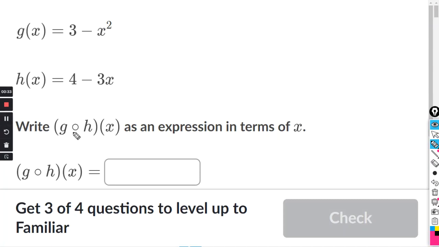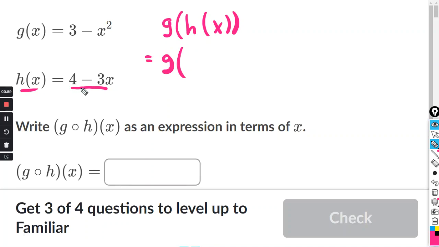So we're looking to find g of h of x. So that would be like so, g of h of x. All right. So we have h of x. We can plug in 4 minus 3x in place of h of x. So that's going to be g of, and h of x is 4 minus 3x. Okay. And in order to evaluate g of 4 minus 3x, what you want to do